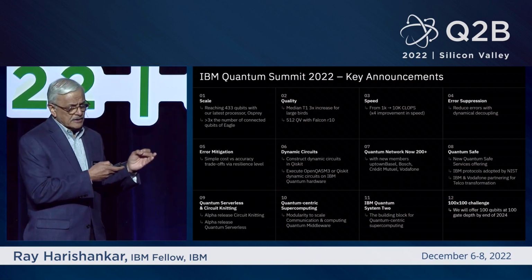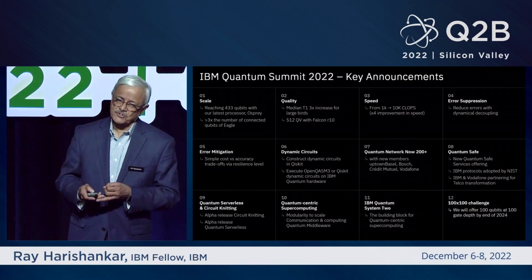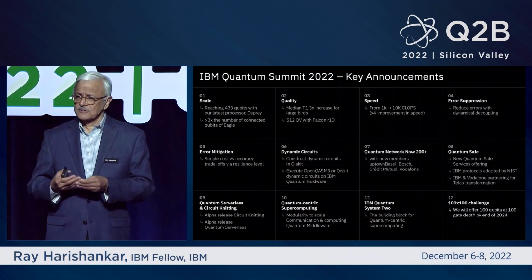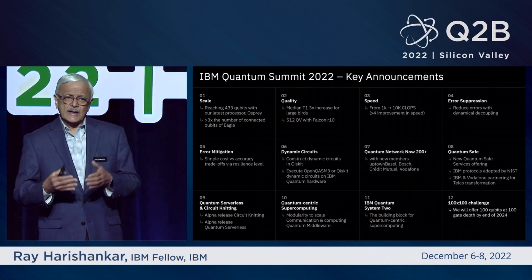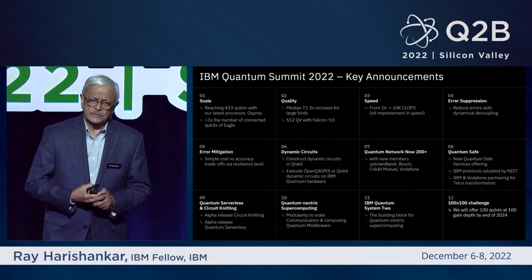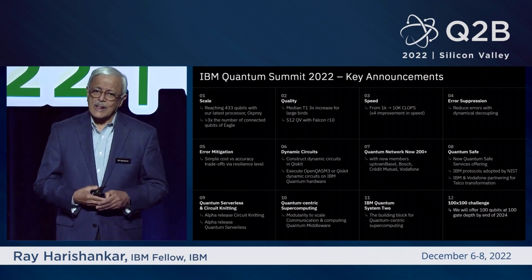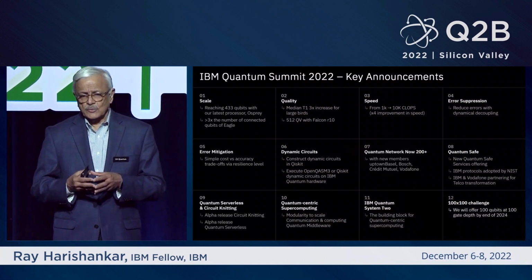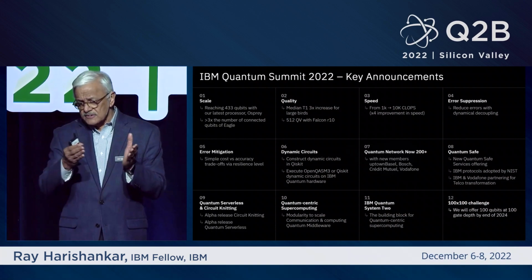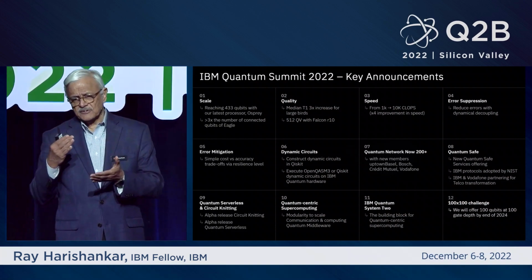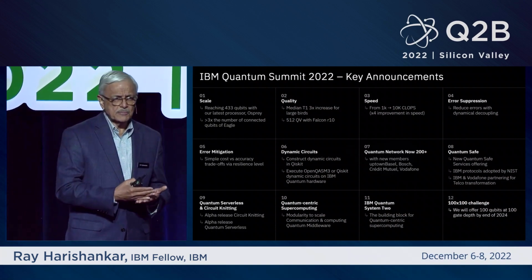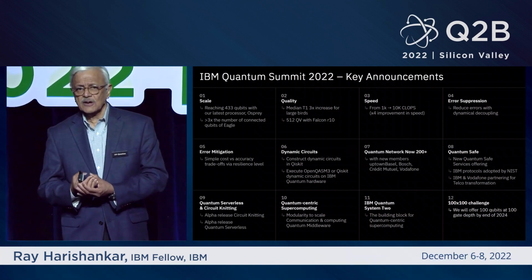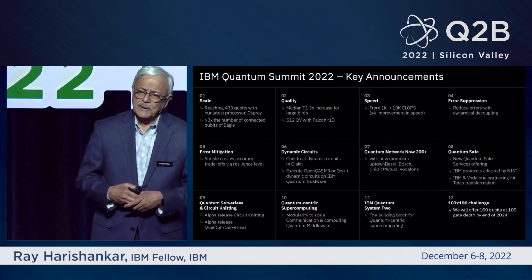Obviously, you have had a lot of discussions that talk about error suppression, error mitigation, and so we are addressing that as well. So there have been some significant advancements in that. And there are some things that we can talk about there as well. Now, with dynamic circuits, we find that we can create dynamic circuits, and all these aspects of quality, speed, error suppression, error mitigation, and dynamic circuits are all available in the Qiskit runtime, so they're automatically made available to you.